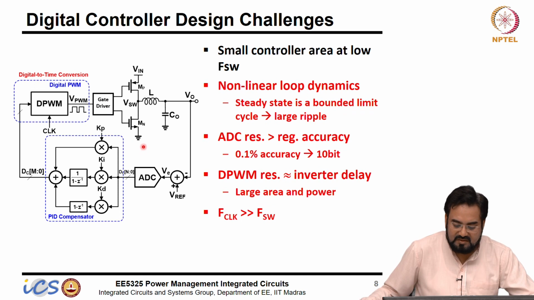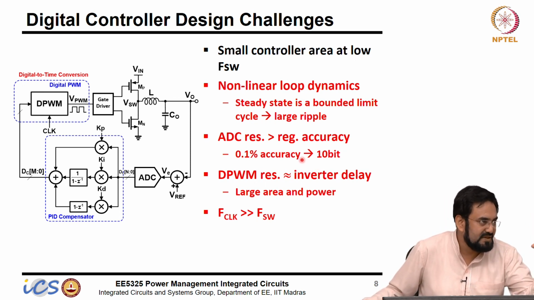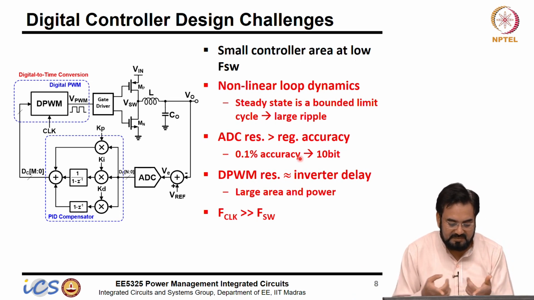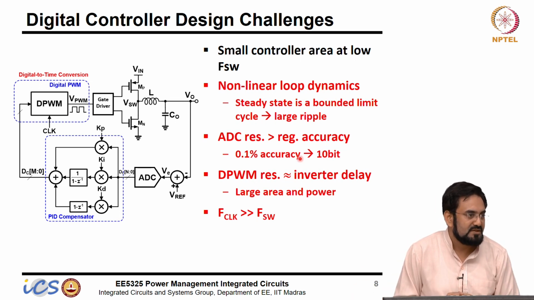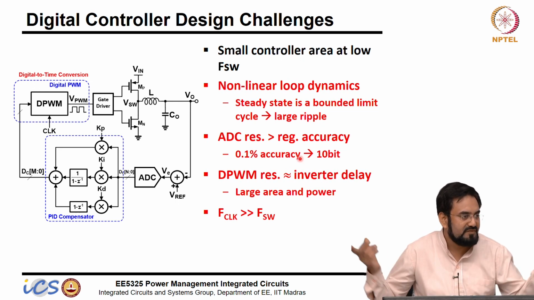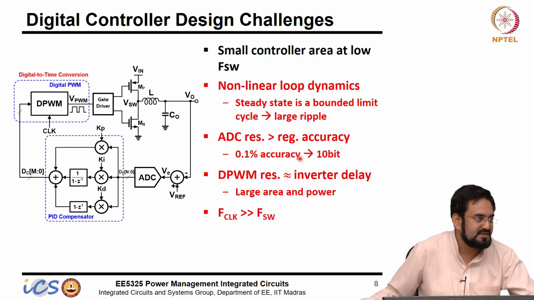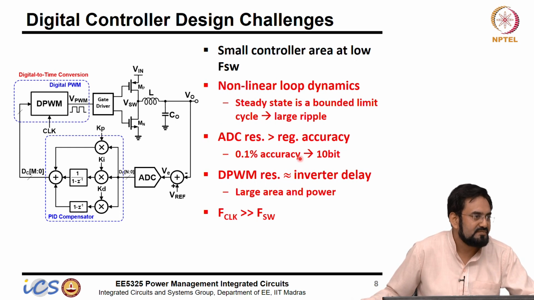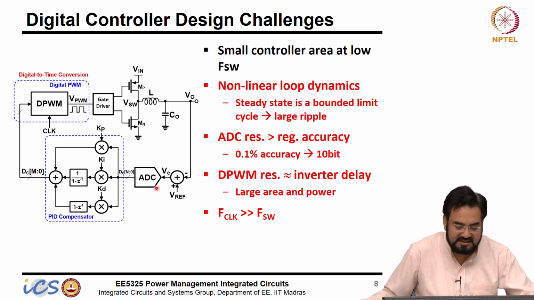Then if you are going for a digital controller, we know achieving a high resolution. So ADC, let's say you want 10 bit, and we talked about two cases where in one case you can limit the range of ADC, but let's say I am looking for full range, then designing that ADC with such a high speed, because I want my ADC output to be available within one cycle. So you have to run very fast, and if you are looking for let's say 100 megahertz kind of DC-DC converter, then the bandwidth of ADC should be much higher. So you have to incur a lot of area again in the ADC, and if the number of bits is increasing, then it becomes even more difficult to design very high bandwidth.